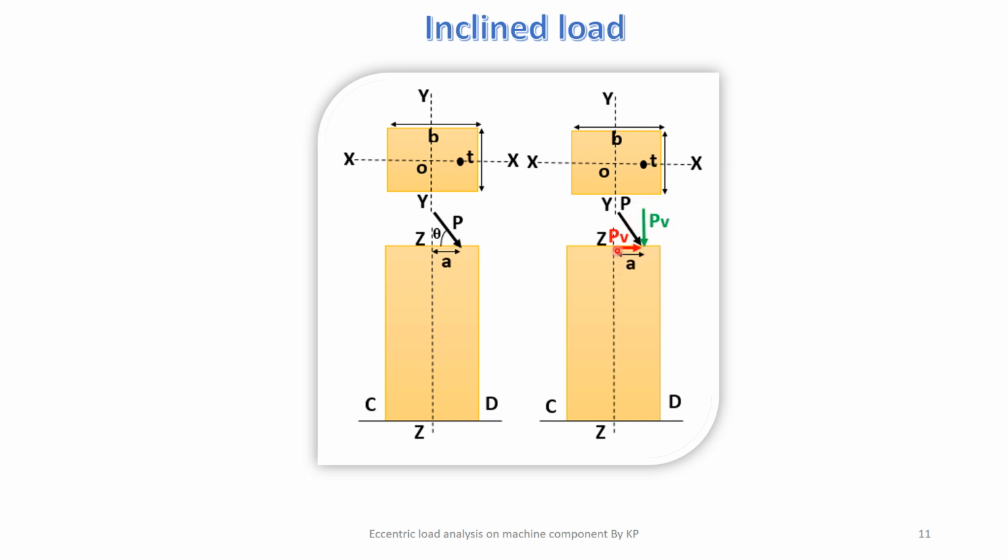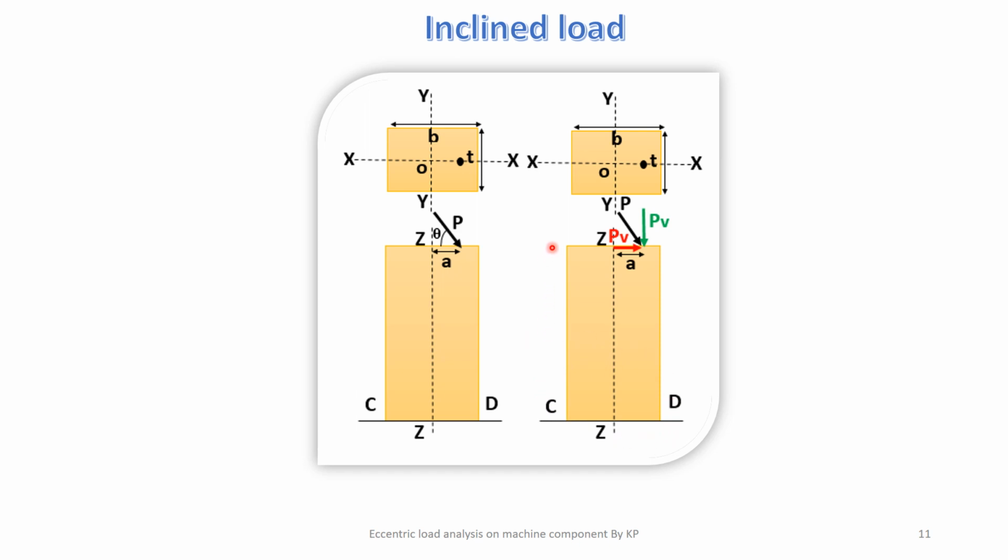So here, because of this, at the center we apply two forces, and one produces direct compressive stress and the other produces a clockwise couple, and because of this clockwise couple a tensile stress is produced on this fiber and a compressive stress on this fiber. While this PH force, which is in the horizontal direction, will produce a shear stress, and this force is applied along the x-axis. So it is a case where we apply a force at the center along the x-axis.